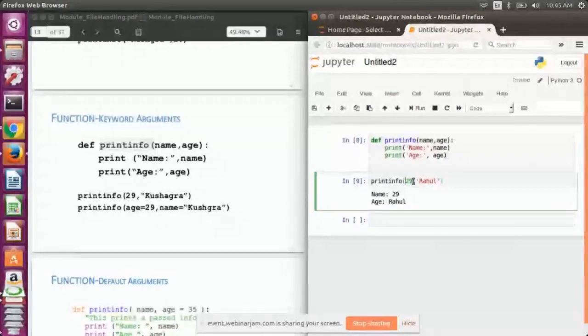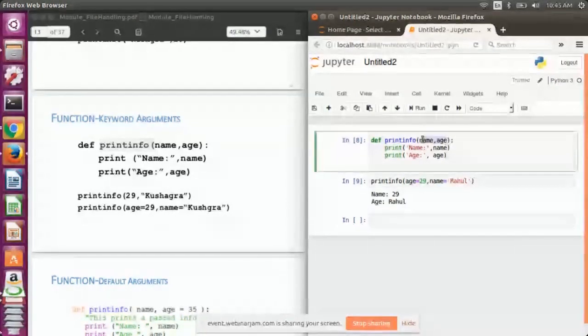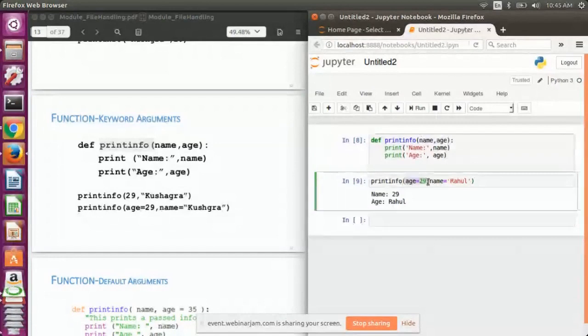Here, if I write age equals 29 while calling the function, I define that the age parameter should attain the value 29 and the name parameter should attain the value Rahul. In the definition, the first argument is name and the second is age, but while calling the same function, I'm first defining the value of age and then the value of name.